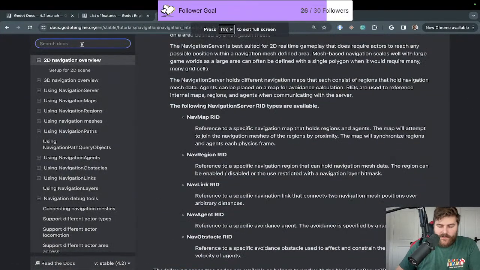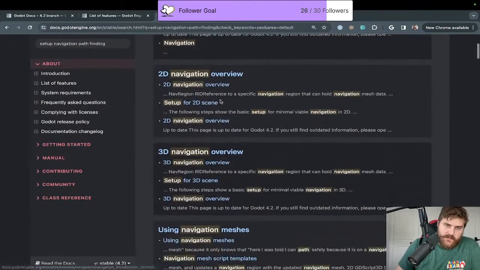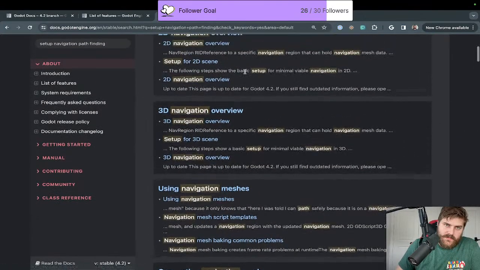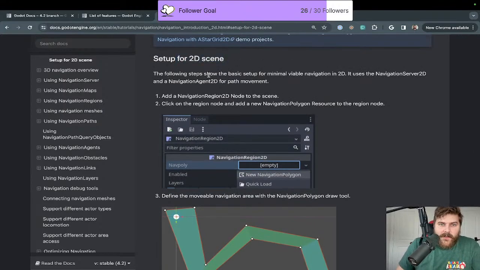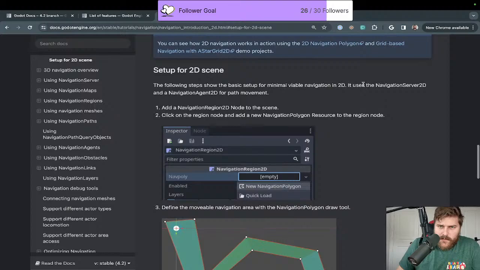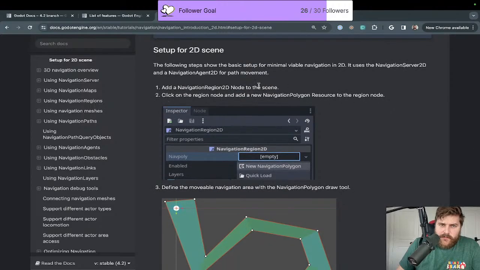Let's see if we can find anything in docs, and then we'll go outside of the docs if we have to. Set up navigation, pathfinder. Navigation, 2D navigation, set up 2D scene. The follow step should set up basic minimum viable navigation. Yes. Setup for 2D scene. The following steps show the basic setup for minimal viable navigation in 2D. It uses the navigation server 2D and a navigation agent 2D for path movement. Add a navigation region 2D node to the scene. Okay, so this is using regions, but